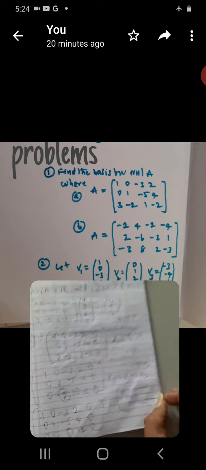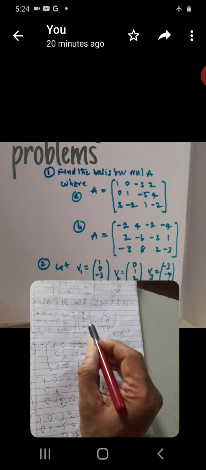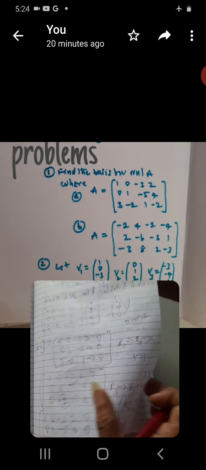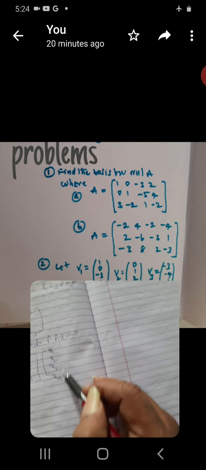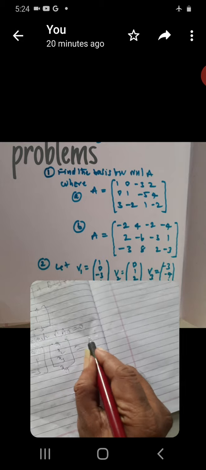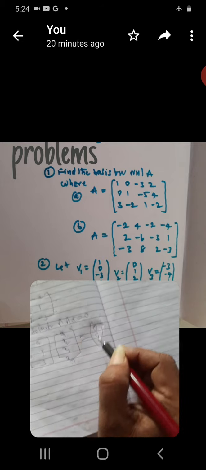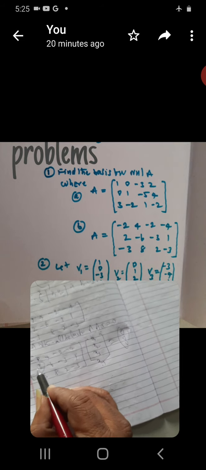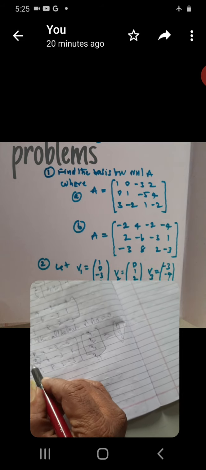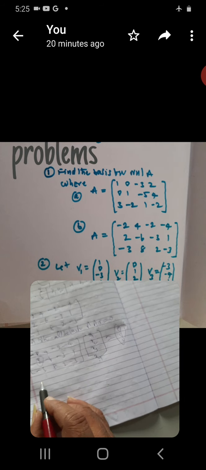Here also 1, 2, 3, 4. X, Y, Z, W are taken. Here same x, y, z, w or x1, x2, x3, x4. Right, is equal to 0, 0, 0. Now write here, this is 0. You change this immediately. Here minus 2 is there. Your row and column, you change this immediately.